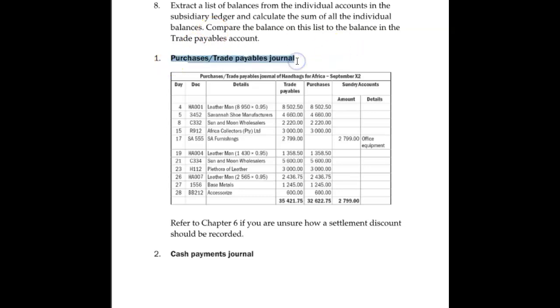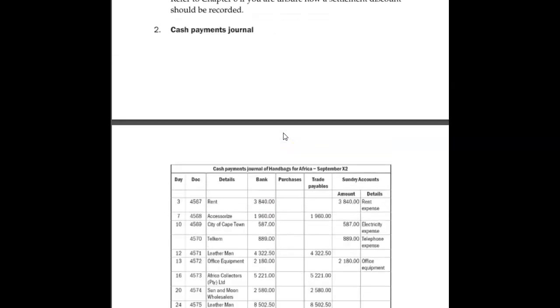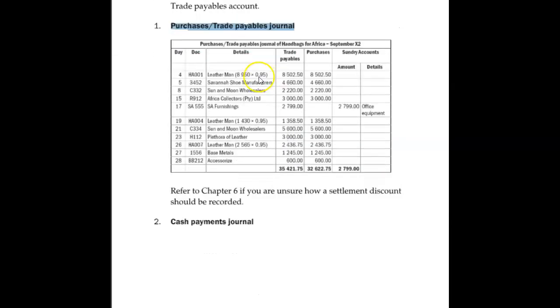Okay, you know how the accounting process works. It goes to a journal first, then goes to a ledger. So a ledger is like this, right? But first it has to go through a journal, always. So when it goes to the journal, basically this is how a purchaser's journal looks. Now, purchaser's journal is all the purchases you make on credit, right?